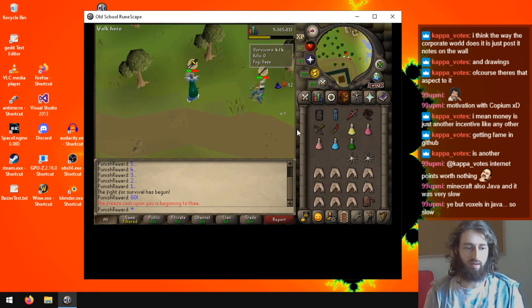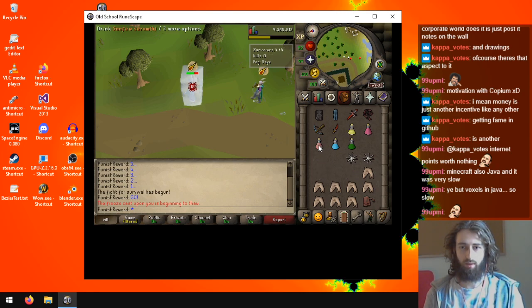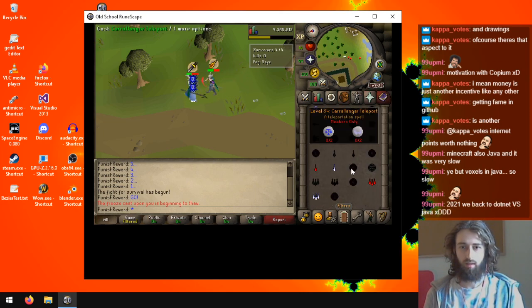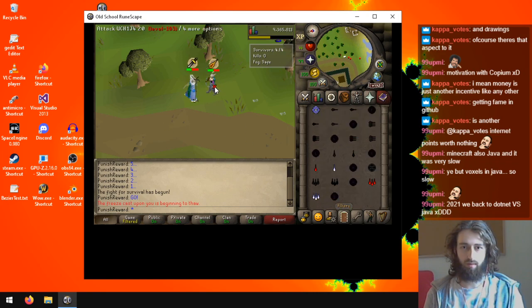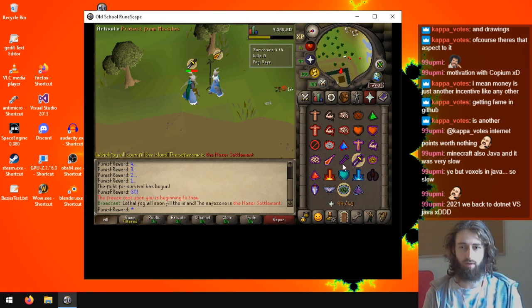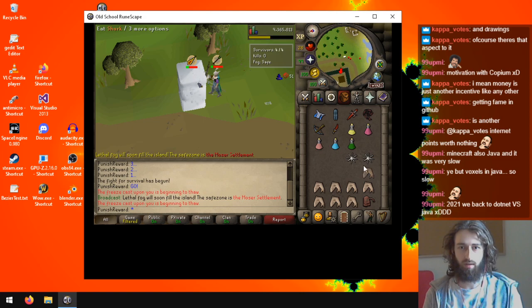That was risky. I just almost died. But voxels in Java so slow. See, Java isn't that bad though. The only thing it's really missing compared to C is SSE and AVX. It doesn't really have vector instructions directly. It does have APIs though, where you can